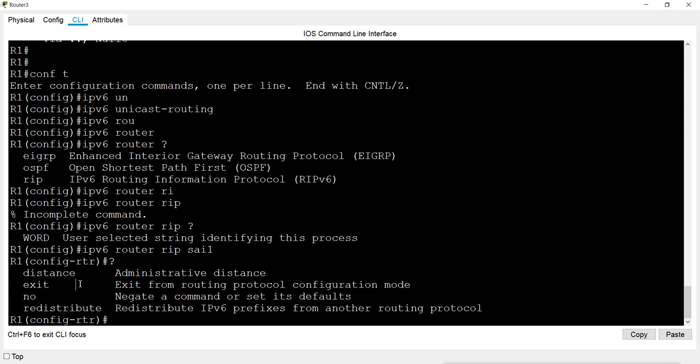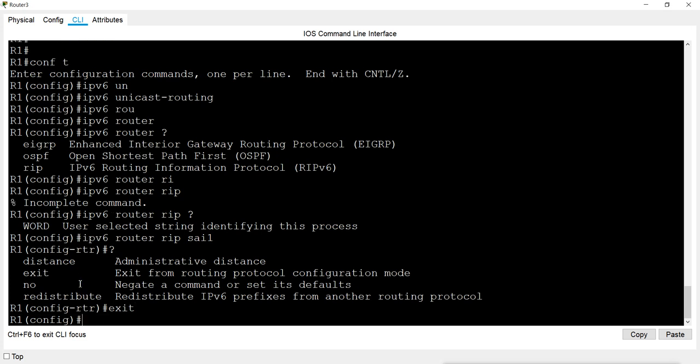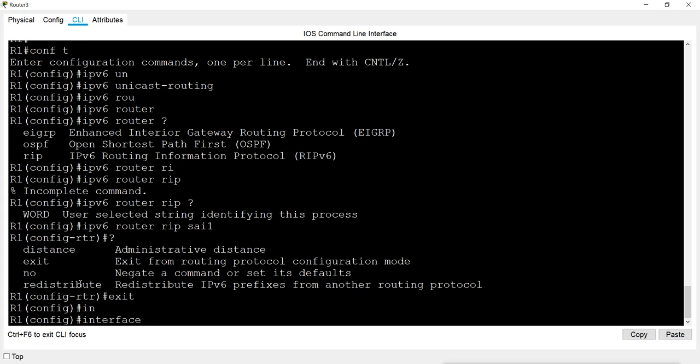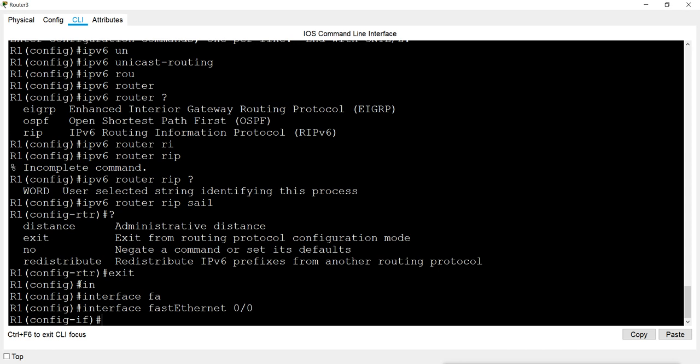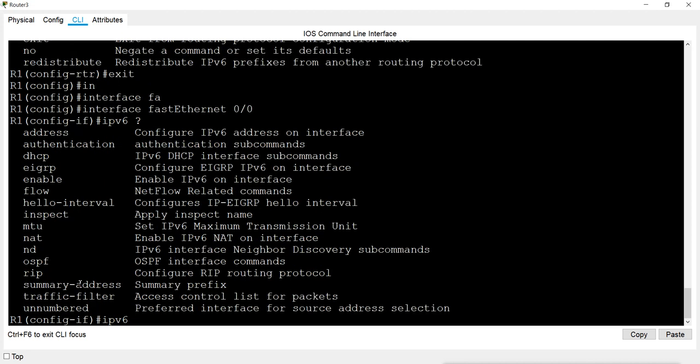So I will exit from here because I don't have to mention the network here. Then I will go to the interface. First I am going to the FastEthernet port, which I want to introduce in this routing protocol. Then I will mention ipv6, and you can see here it says rip.